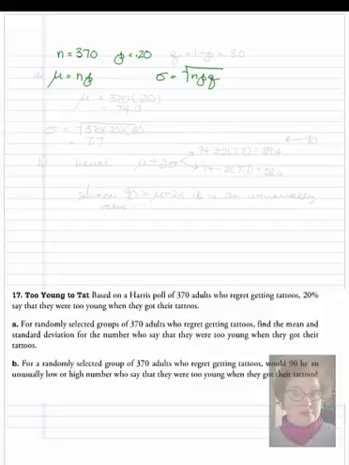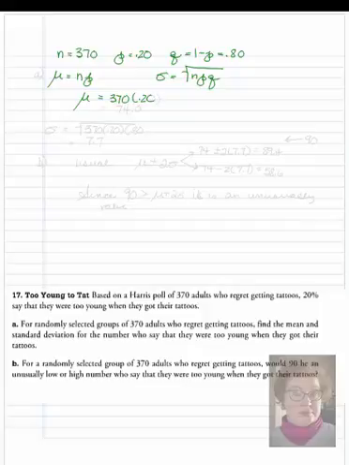So if p is 0.20, q is 1 minus p, which will be 0.80. So we can just do this simply with a calculator. So the question asks, find the mean and standard deviation for the number who say they were too young when they got their tattoos. So we know the mean will be 370